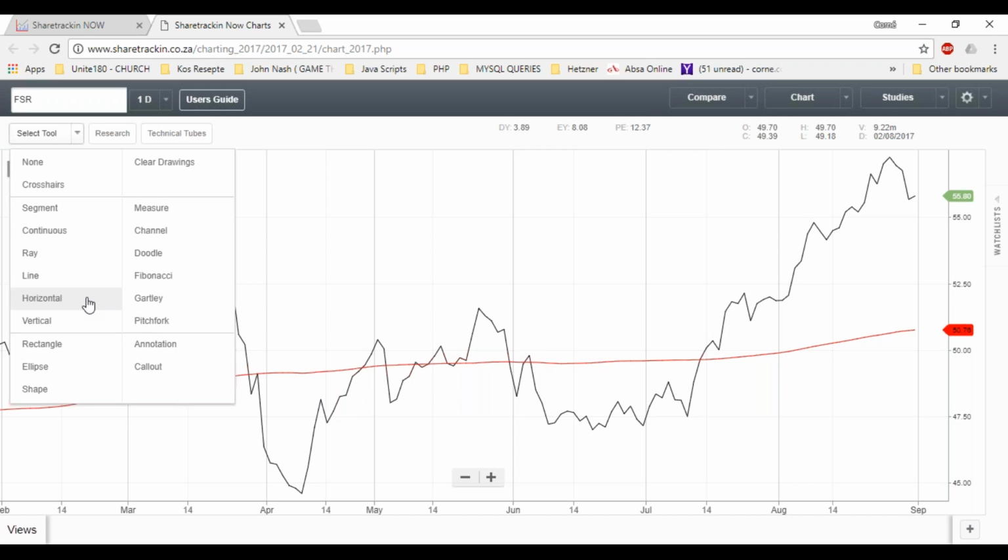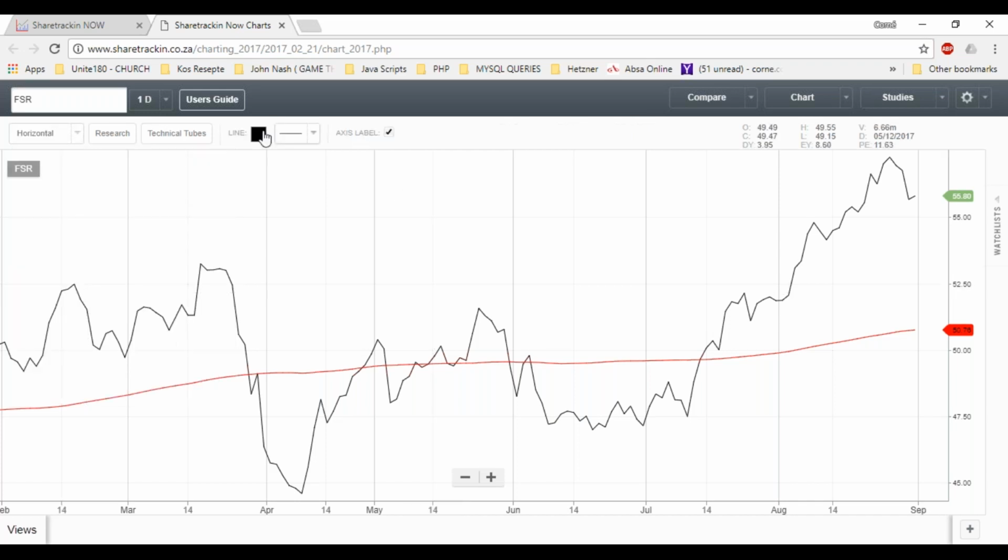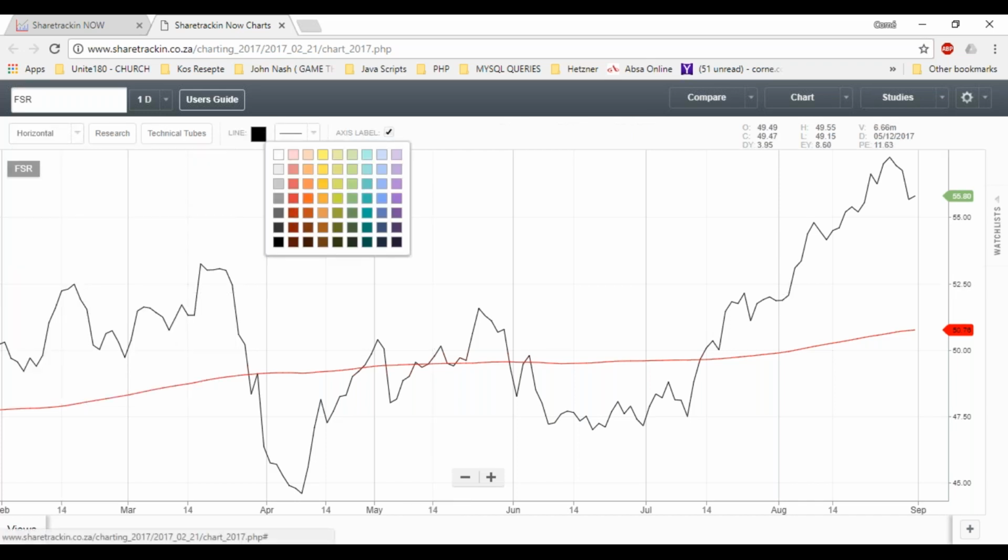The reason I don't use a segment line, but a horizontal line, is because the horizontal line draws a line right through the chart. So as the chart progresses over the next few months or the year, whichever the case may be, I will always have a reference point on my chart. But if you use the segment line, it only draws a segment, and you're going to constantly need to adjust that segment line. So I would much rather prefer the horizontal line, and I'm going to use a red line,